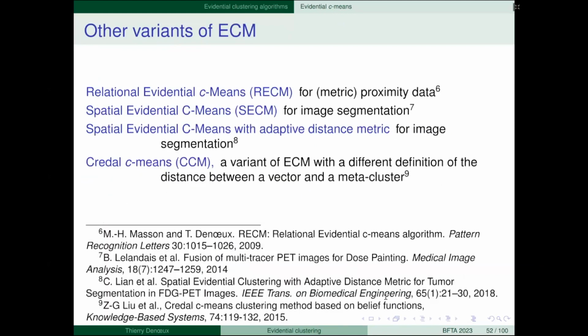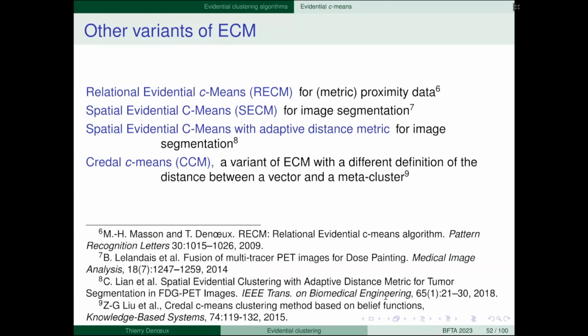There have been quite a few variants of that algorithm. There is a relational evidential C-means that can handle distance data instead of attributes. There is a spatial evidential C-means algorithm for image segmentation, because in image segmentation the objects are the pixels, and you expect two neighboring pixels to be in the same group. So you can add to the cost function of ECM some constraints that force neighboring pixels to belong to the same group.